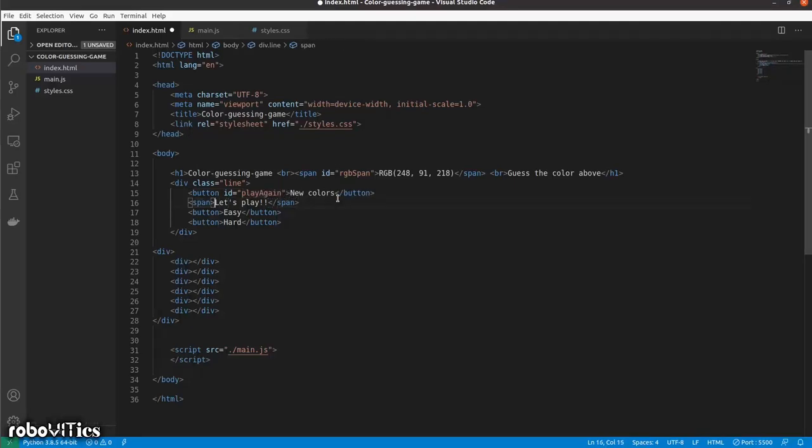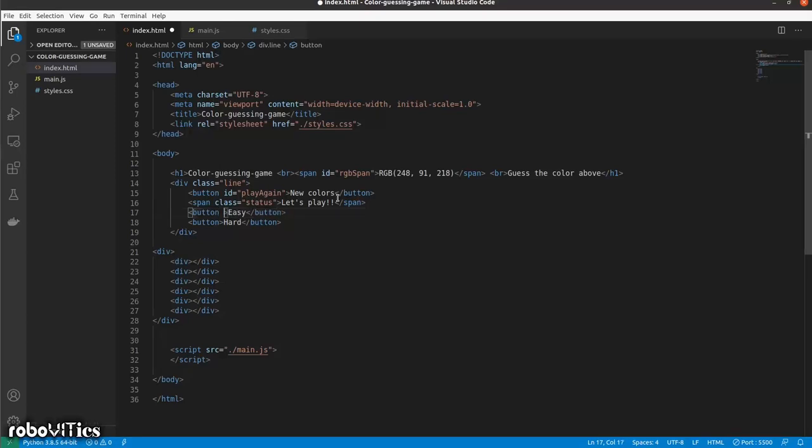Then in my span, let's name this as status, because it's the status that changes, like correct or try again or let's play. So let's name it as a class and status. And finally the buttons, the 2 buttons, let's have one of them called easy button and the other called hard button.